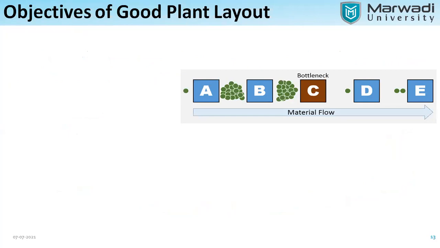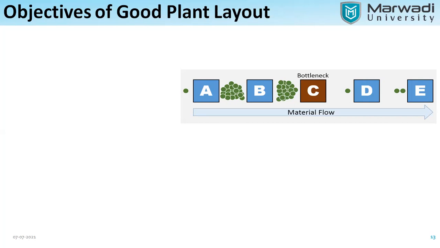So I told you the basic objectives of a good plant layout. If you see this particular ABCD material flow, at A you have some material, which you move to be contained in the section B. Then C means the process, the bottleneck, where you are consuming that material in order to get some output. And on D, you can see one dot where you get the required output while doing the process. And on E, you have the double dot, which means it will be supplied to the customer. So that is the material flow.